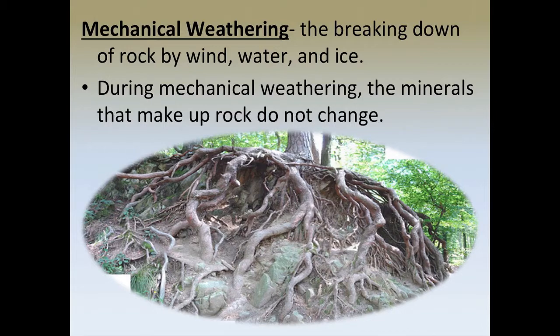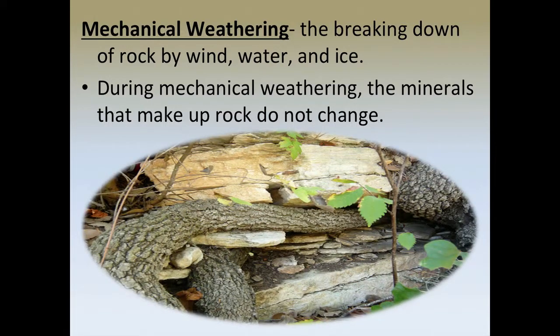Take these tree roots right here. Let me get a better example. So you've got this huge slab of rock right here. And maybe this tree was very small, a young sapling at one point. And this tree root grew into a small crack. But of course that tree grew itself, and thus the roots grew. Even though these roots are in between this crack, inside this rock, they're going to bust that rock open. And as you can see, you've got a huge slab up here. Follow my mouse. Then you've got little smaller pieces that are being broken apart. That is weathering. In fact, that's mechanical weathering because it's done in a physical way.